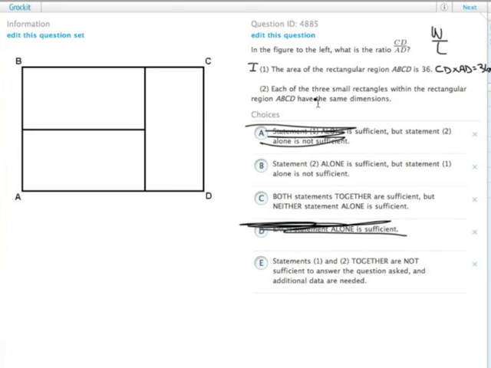Statement 2 tells us that each of the smaller rectangles within the rectangular region ABCD have the same dimensions. So rectangle 1, rectangle 2, and rectangle 3 are all the same dimensions. And since this line is, that means that this is exactly equal to this, which means